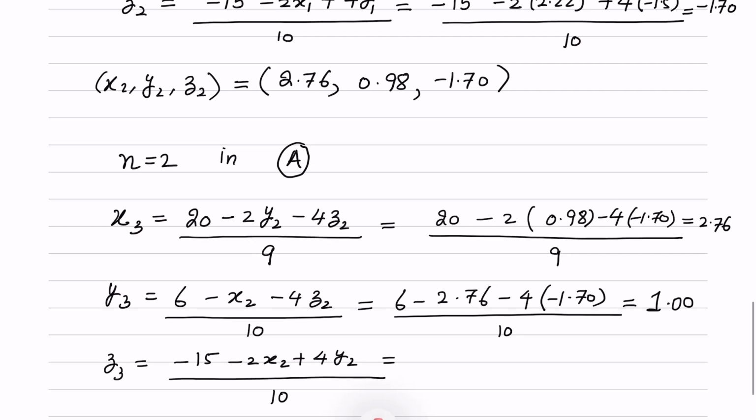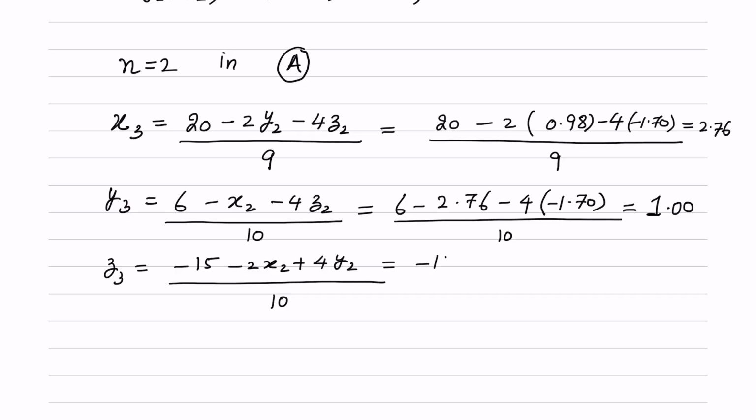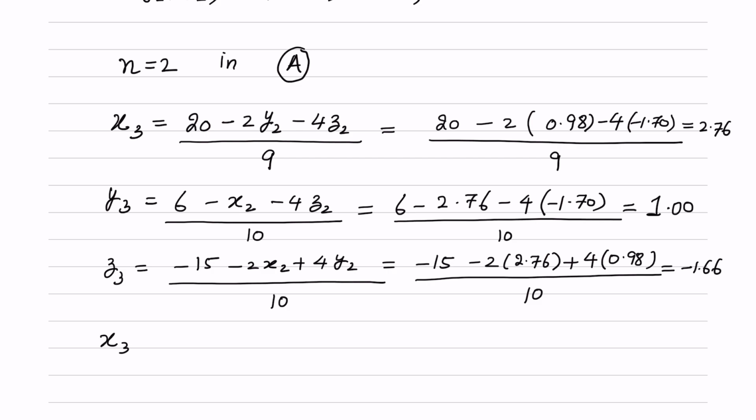For z3, we have minus 15 minus 2 into 2.76 plus 4 into 0.98, whole divided by 10, which gives us minus 1.66. So we can see that we got x3, y3, z3, which are